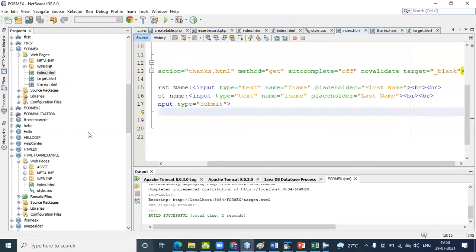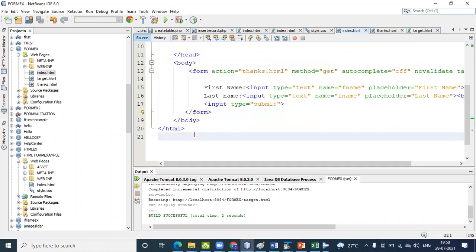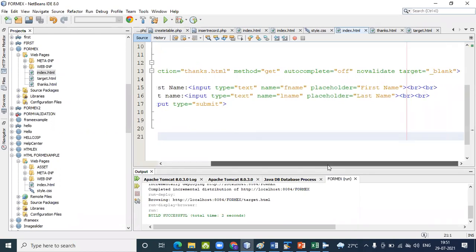So already we have discussed this, first name and last name. Then another attribute we have to pass, that is date of birth.